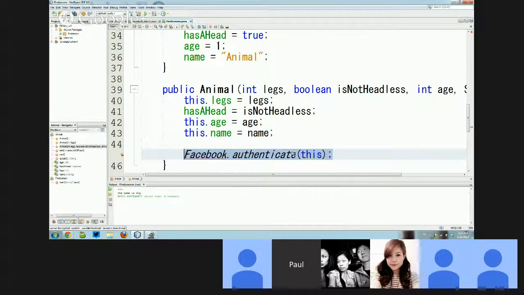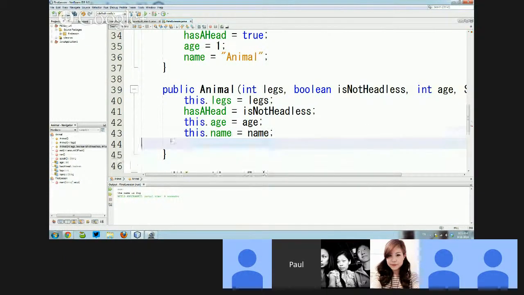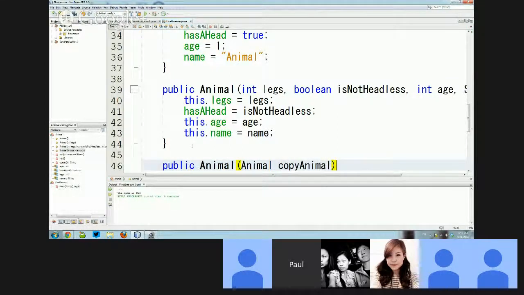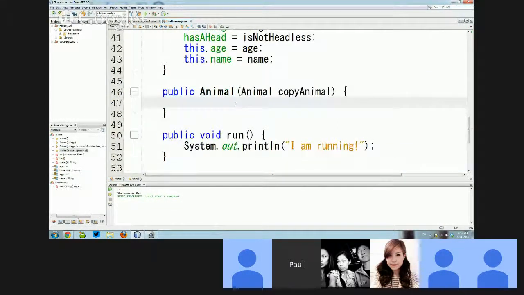So you take the current object instance and you pass it in as an argument. You could have done it like... have a constructor that looks like this. It takes an animal as its initial argument, right? You can see that I can actually pass in objects as arguments to methods. So in the Facebook case,